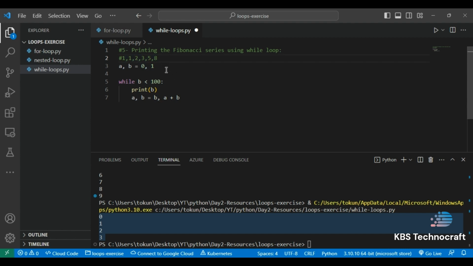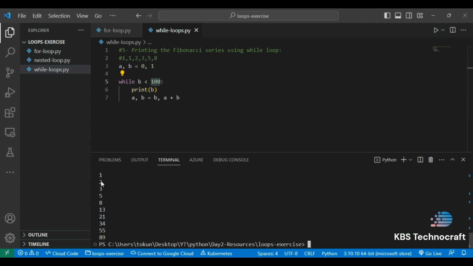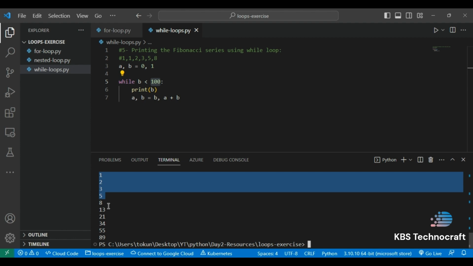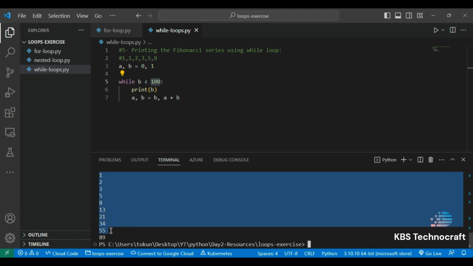So here in this program, what we are trying to do is write the Fibonacci series for numbers less than 100. That means the series will stop as soon as it reaches 100 or goes beyond, so it should be less than 100. If I run it here, it will give me 1, 1, 2, 3, 5, 8, 13,